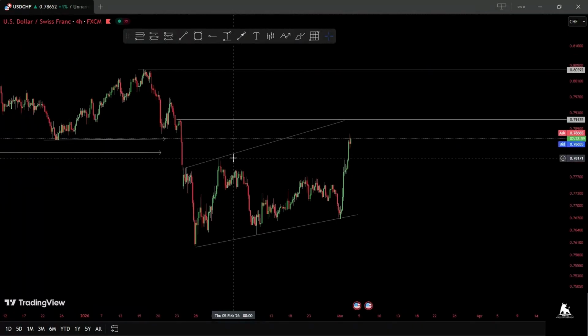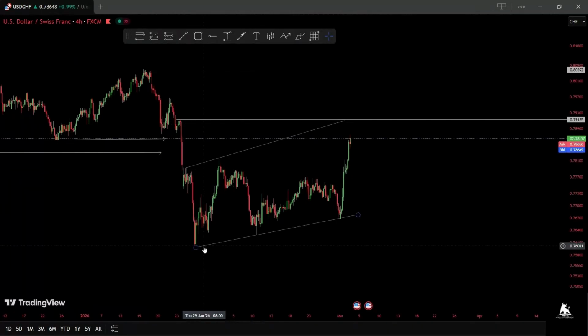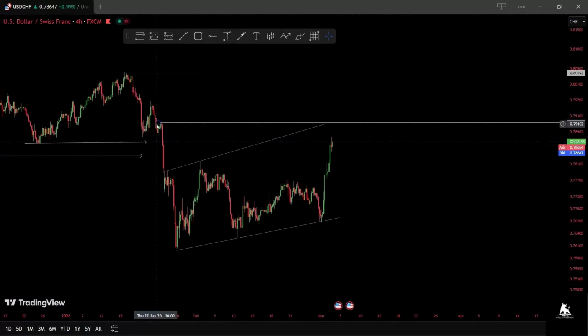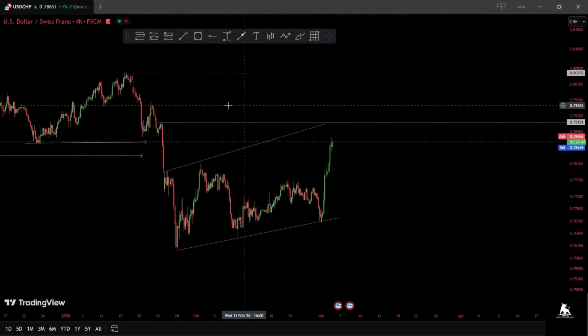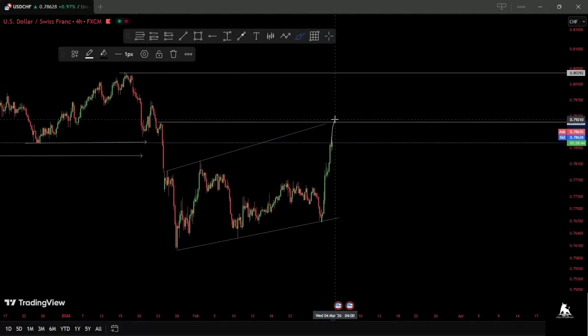So 1, 2, 3, we connect these highs, connect these lows, and then put this here. You can call it an order block, you can call it a hook point, you can call it whatever, as long as it's an area of interest. So now we are targeting for the market to come here, potentially third touch, can break out, break back in,